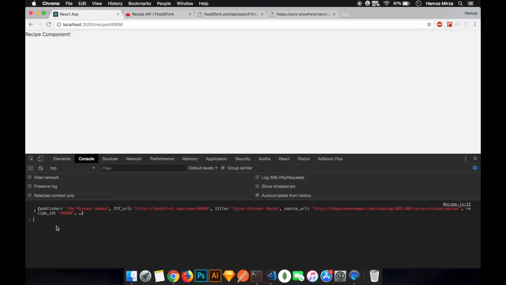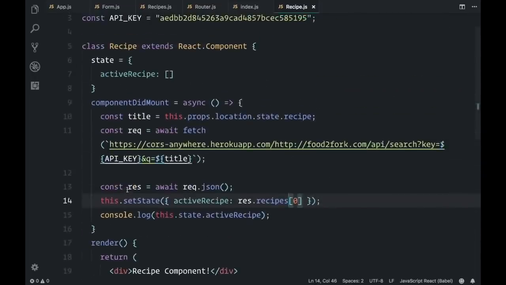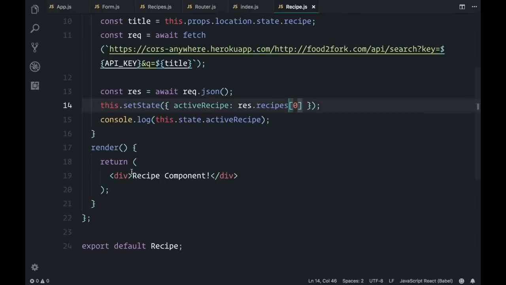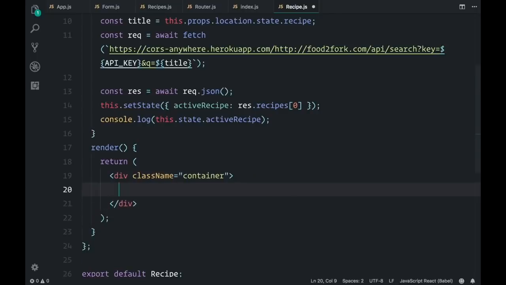Okay, so now how do we use this piece of state to actually display the data onto this whole screen right there? Well, let's just add a bit of structure inside of this render method. So I'm actually going to get rid of this whole thing, and you're just going to have to watch me type a bunch of markup using the classes and some of the Bootstrap classes. So the first one we're going to start off with is called container, and this is going to act as the wrapper div. And then inside of container, what we're going to do is, I think the next class that comes is